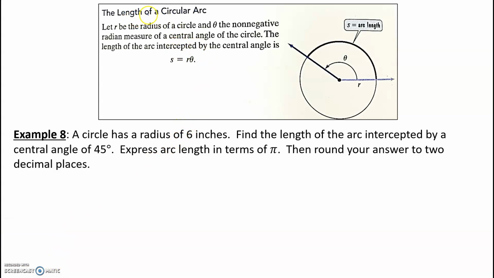So we want to go into length of an arc. How long is it around this circle? How long is this piece? You do have a formula: arc length equals r, your radius, times theta, and be careful because it's the